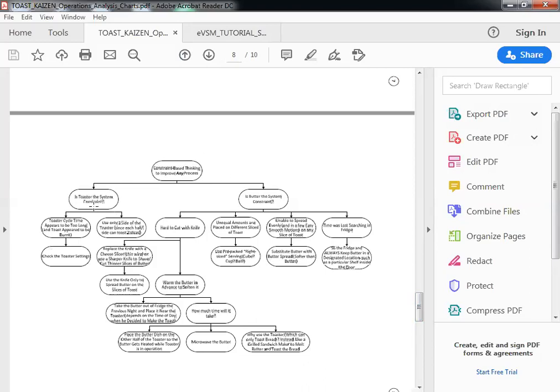So is the toaster the constraint or is the butter the constraint, right? Now, somebody says, yeah, the toaster is the constraint. So you say, okay, why do you say that? Because there's a problem. The toaster cycle time is high and it appears to be burnt. Okay, so I said that the toaster is a problem. Why? Because clearly the toaster cycle time was very high and there was a problem because the toast seemed to